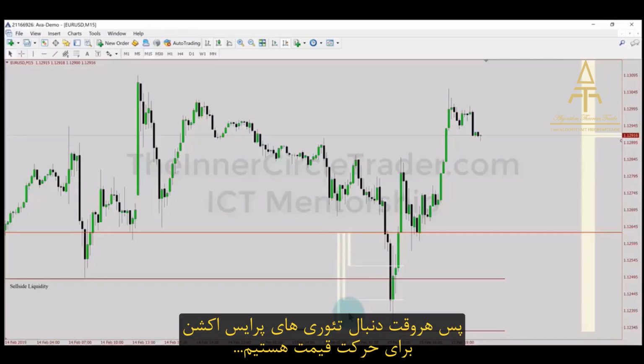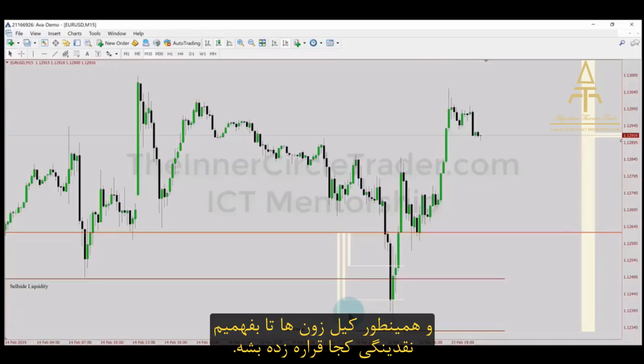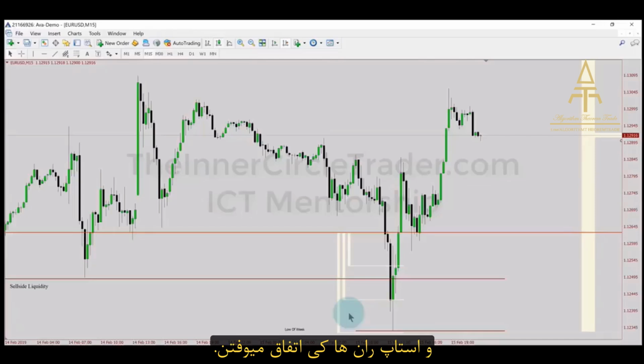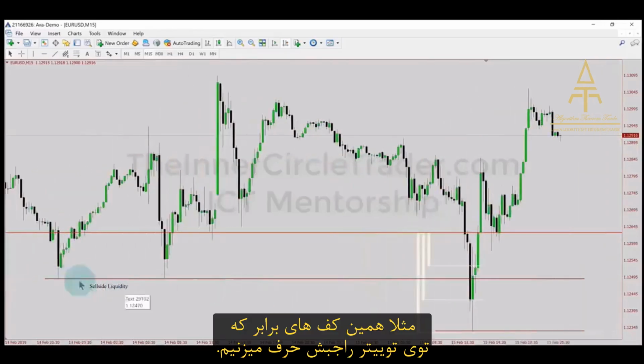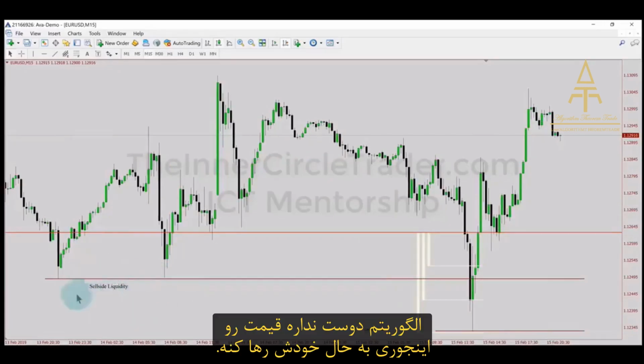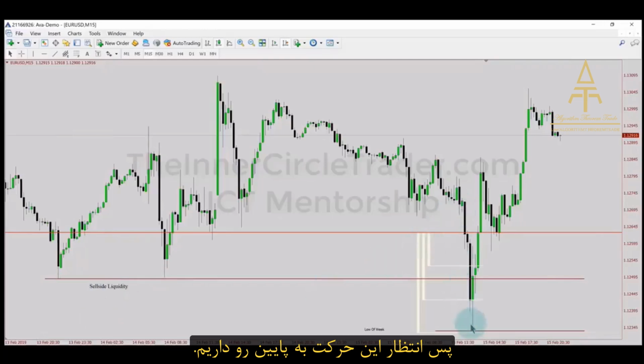So when we have these theories, when we're looking for price action to do specific things relative to that daily time frame, we incorporate the daily time of day and the kill zones to formulate ideas when liquidity will be raided, when the stop runs occur. All of the things that cause the market structure theories, like we have these double bottoms, which is what we call on the Twitter feed Candyland, they don't like to leave price action like that. So we're going to anticipate this whole run here.